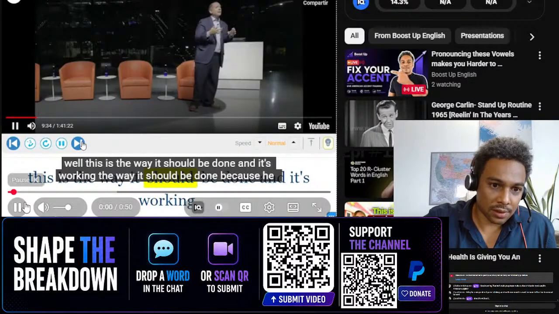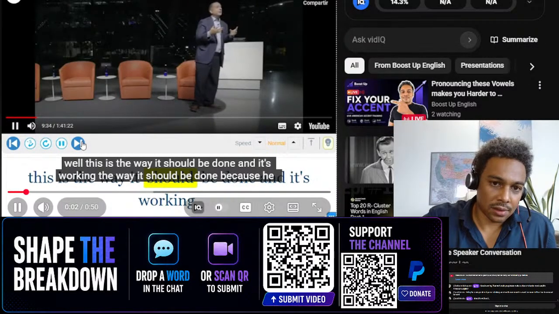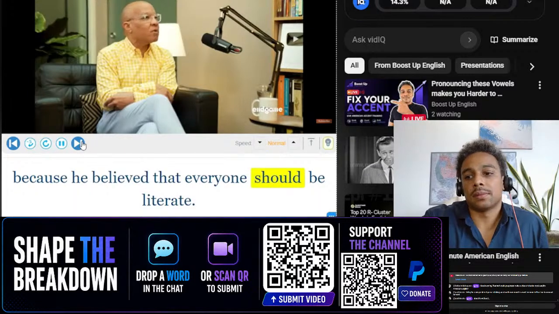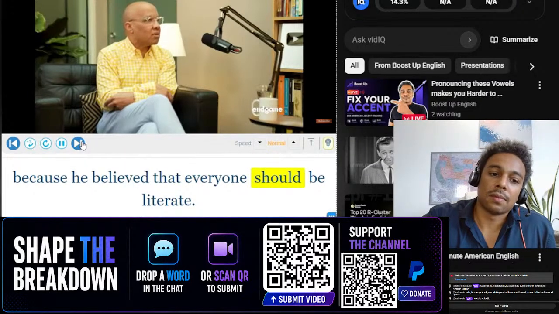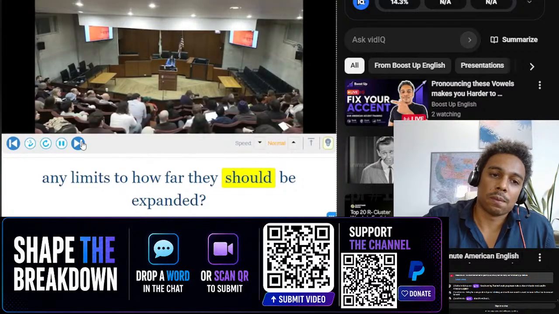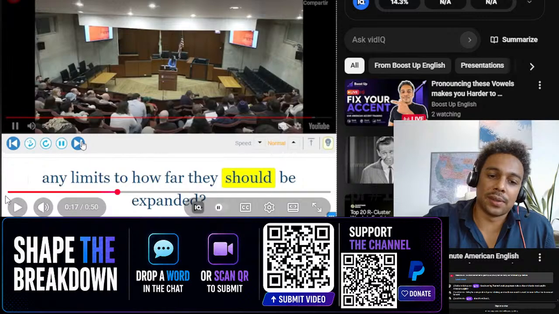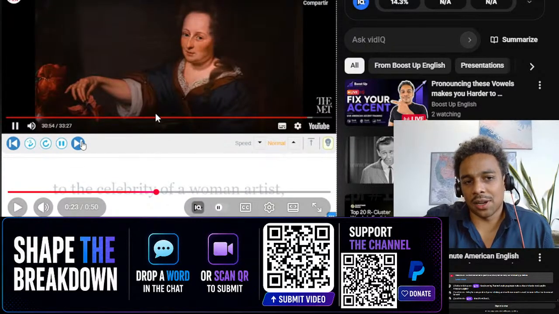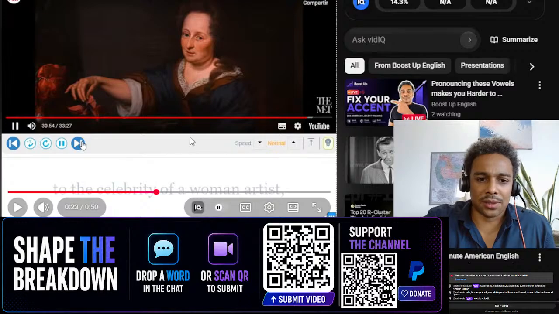Well, this is the way it should be done, and it's working the way it should be done. And because he believed that everyone should be literate. Everyone should be literate. Legally, are there any limits to how far they should be expanded? How far they should. Right, just should. It's not a dark L. It's not should. Right, it's just should. Be expanded. I think it should open our eyes. Should open our eyes. All right, this is all from Youglish, but I just put together some,